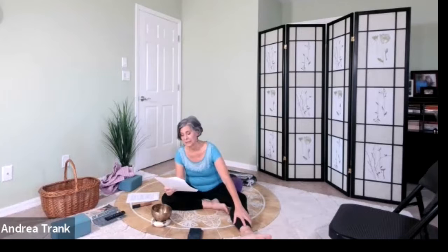Next, bring your awareness to your left thumb, index finger, middle finger, ring finger, little finger, palm of the left hand, back of the left hand, left wrist, lower arm, elbow, upper arm, left shoulder,